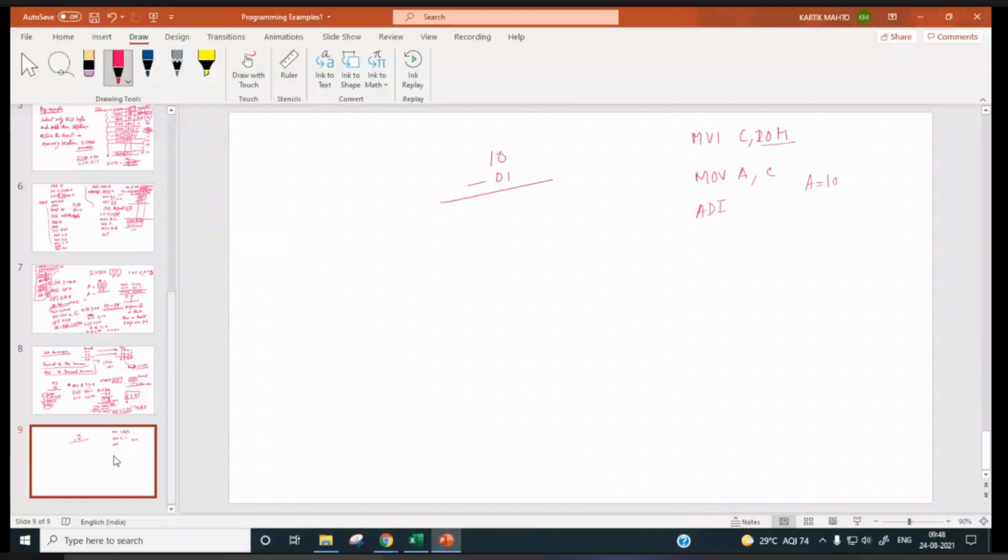So anyway, your logic may work, sometimes it may not work. But I am doing this, say, suppose I am doing ADI 99H. So what will happen? A is equal to 10 plus 99. So what will be the result?